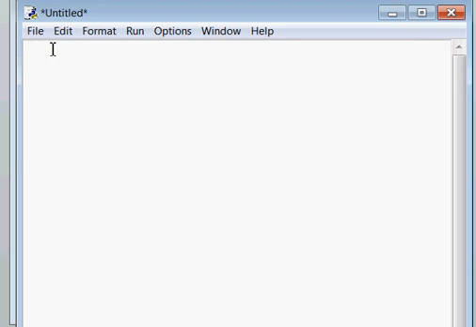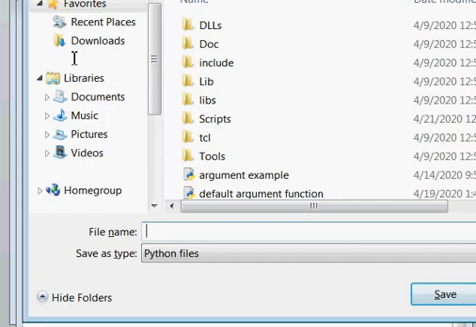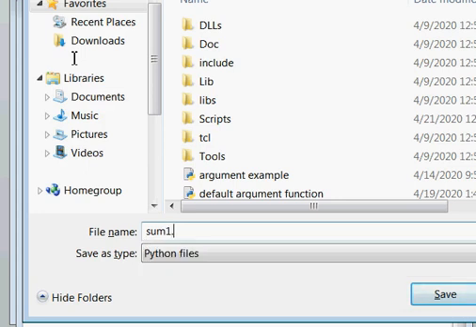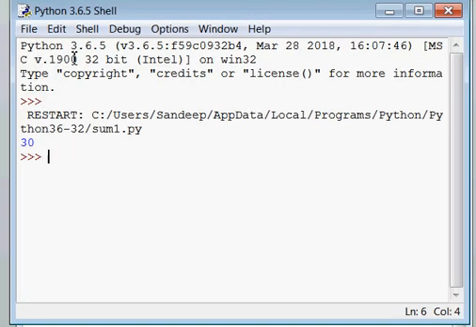So if I say a equal to 10, b equal to 20, c equals a plus b, and print c. I have made a little program here of addition of two integers and printing the sum. If I save and press F5 here, we will get the result.